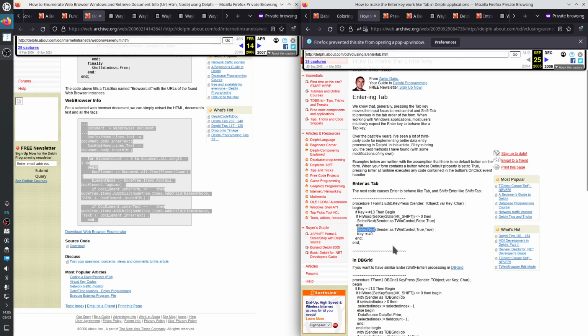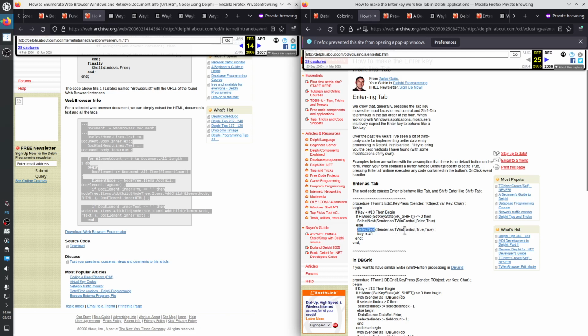Select next control. So shift enter goes backwards, similar to shift tab, whereas enter goes forward, similar to tab. So when shift is pressed, it goes select next false.